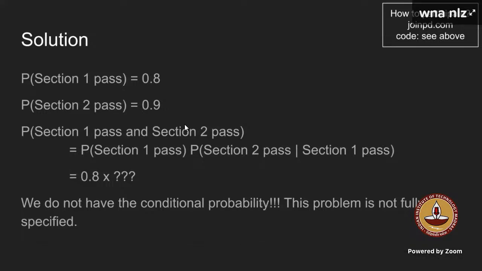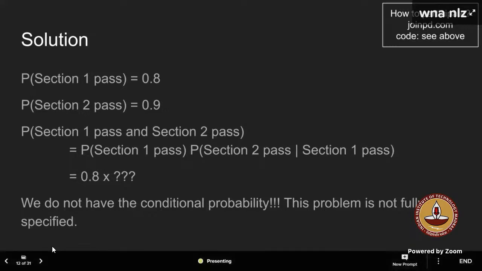Now, if I had given that these two events are independent, would the answer be the same? It would be 0.8 into 0.9, something like 0.72, right? So you are saying that we will not assume anything. Yes, you are right, you can do it that way, but then you are assuming certain conditions. That's the main motto of this question: whatever is given in the wording, only follow that. Don't assume anything extra. I'll show you a modified version of this, that is the next question. Just read this.